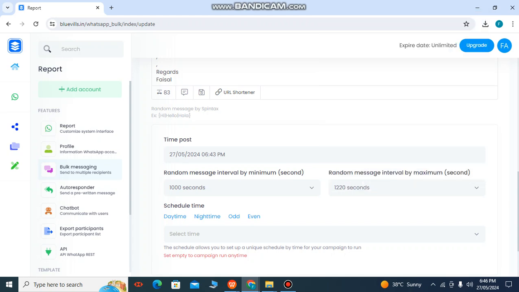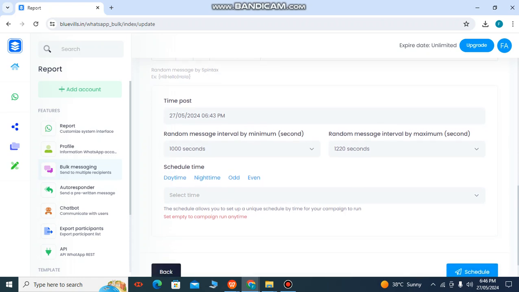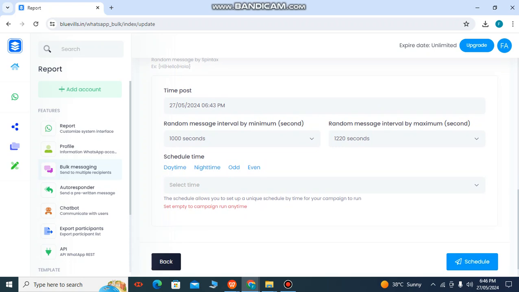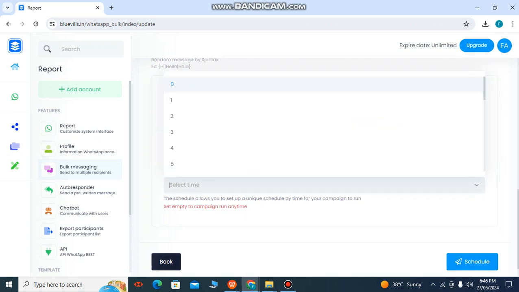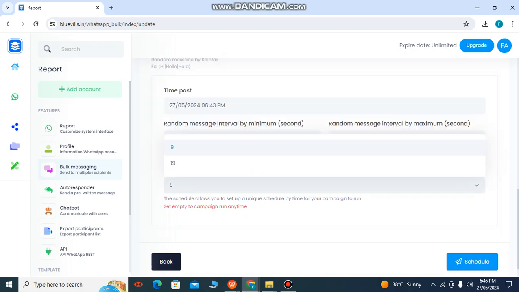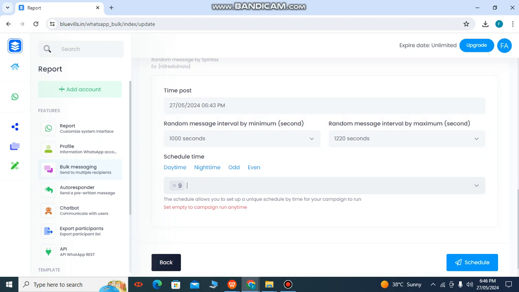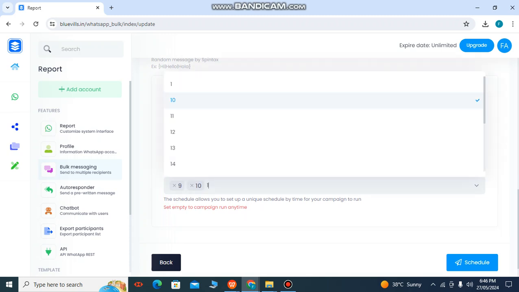So this is the time frame we have specified for sending one message. If for example you have specified the highest interval as 7 minutes, it would be sent at the most around 6.5 minutes or something like that. Now you can specify what times you can send. Now if I have to send from 9 o'clock to 6 o'clock, I would specify it in this way.